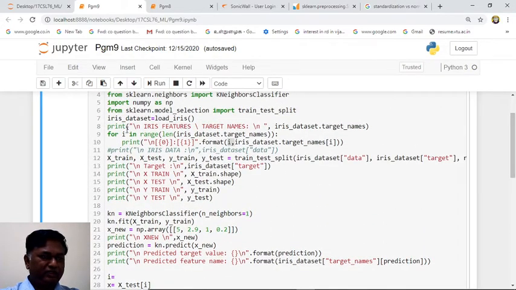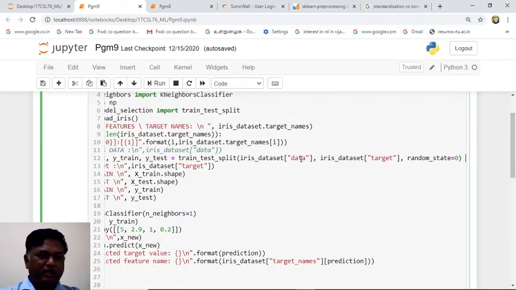Next, after printing this, we are dividing the entire data set into training and testing. So X train, Y train, X test and Y test. Train test split is splitting your data set.